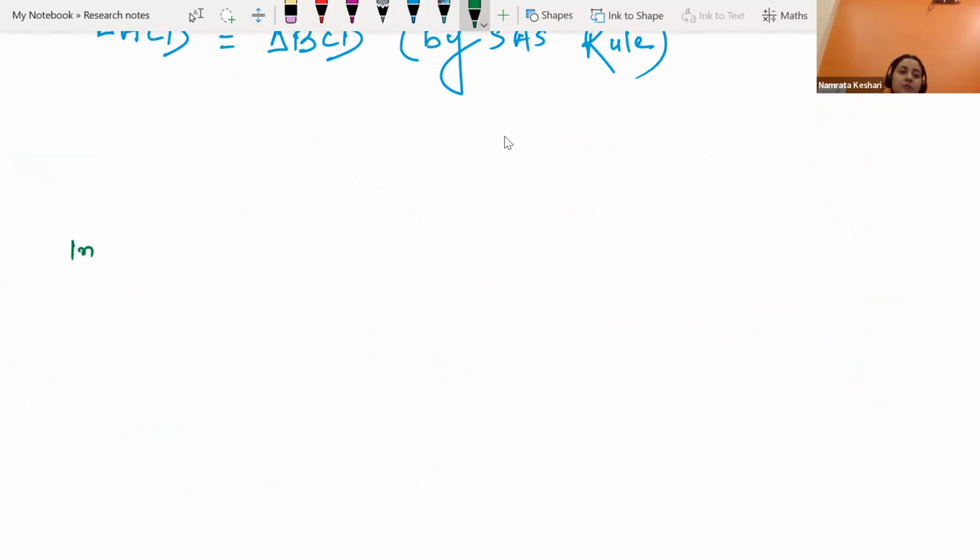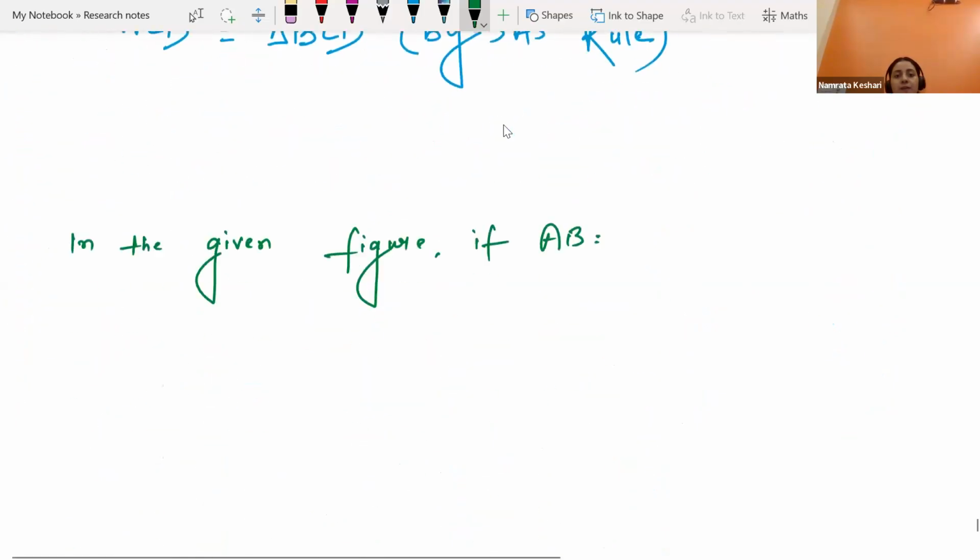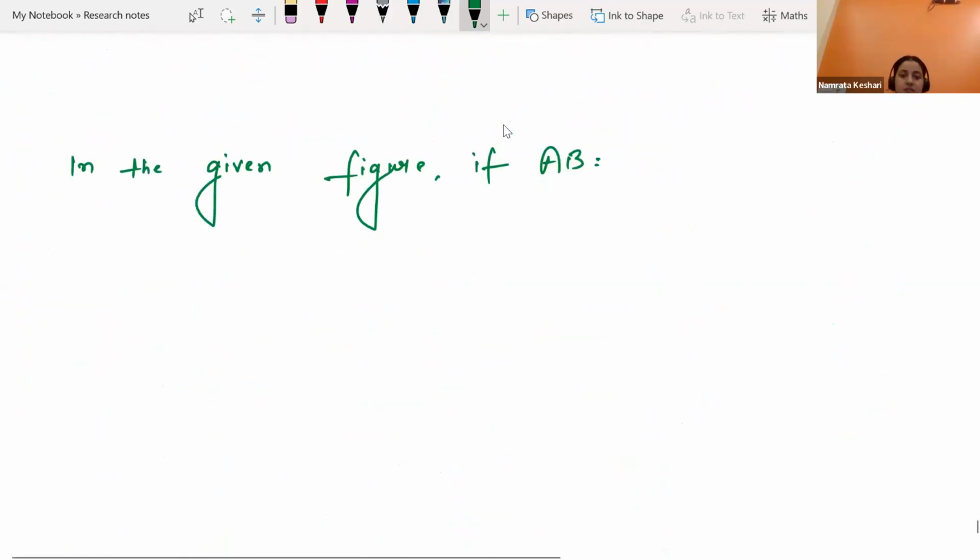In the given figure, if AB is equal to AC, yes, Sazia and Safia, have you got it? Yes, ma'am. Okay. So AB is equal to AC and DB is equal to DC. Then find,